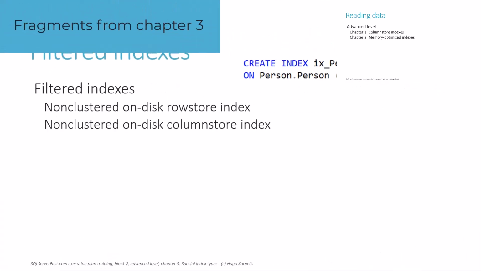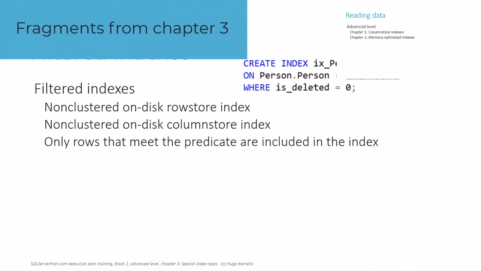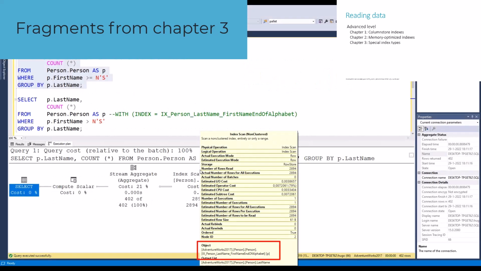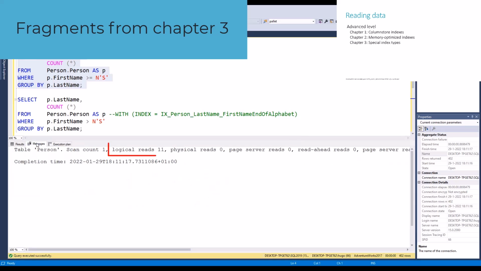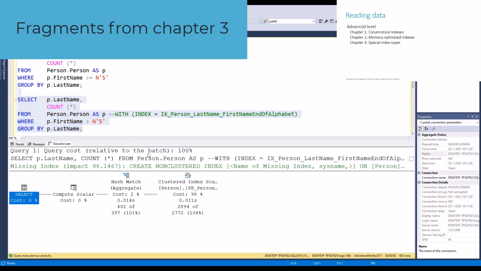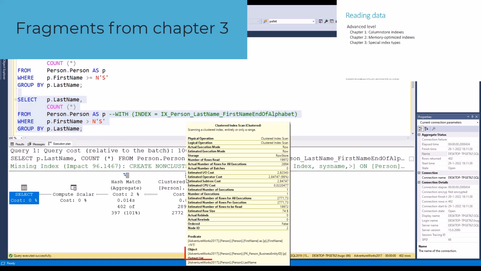The third chapter then covers various other index types. Filtered indexes use the same architecture as regular non-clustered indexes, but they only store index entries for a subset of the data in a table. As such, they can only be used when the optimizer is convinced that all data it needs will be included